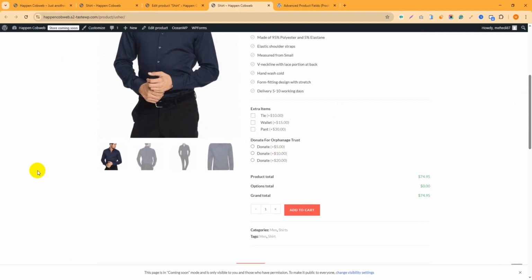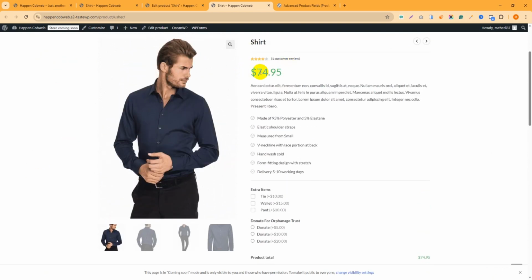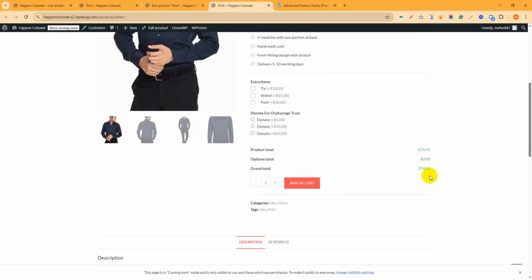Now try to make your order and check it. So currently its price is $64.95. Okay, so you can see this is $64.95. So again I want to purchase this tie actually with this shirt. You can see the main price has been changed. Then again I want to donate $5. Okay, you can see it works perfectly. Click here add to cart,